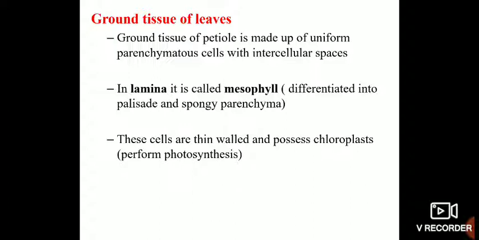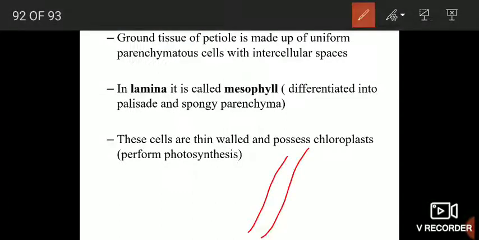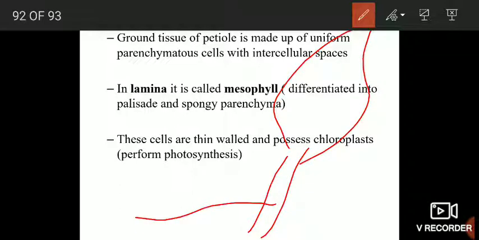And finally, the ground tissue system of leaves. First of all we will discuss the petiole. The ground tissue of the petiole of a leaf, this is the petiole and this is the lamina, is made up of uniform parenchymatous cells with intercellular spaces. The ground tissue of the petiole is made up of parenchymatous cells with intercellular spaces between the cells. In lamina,